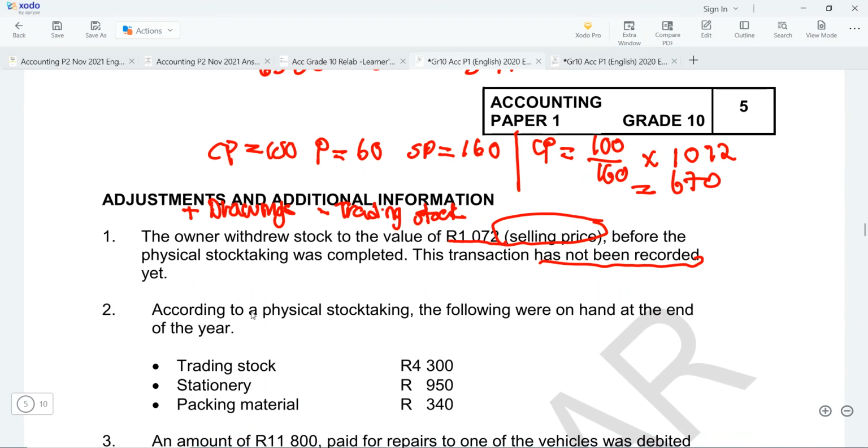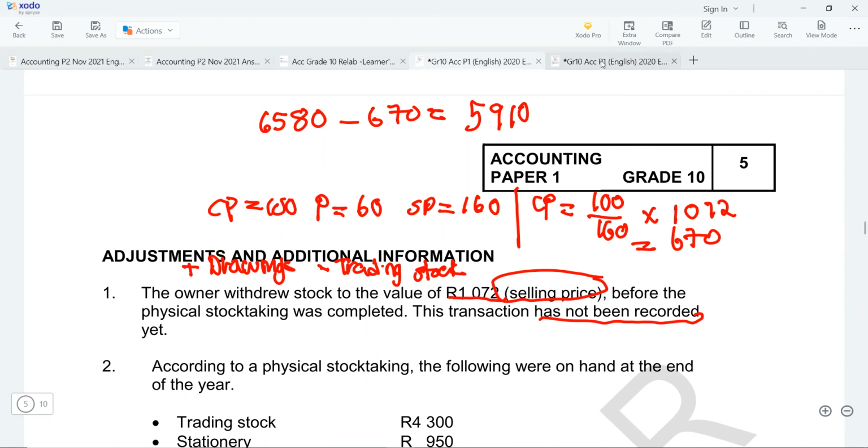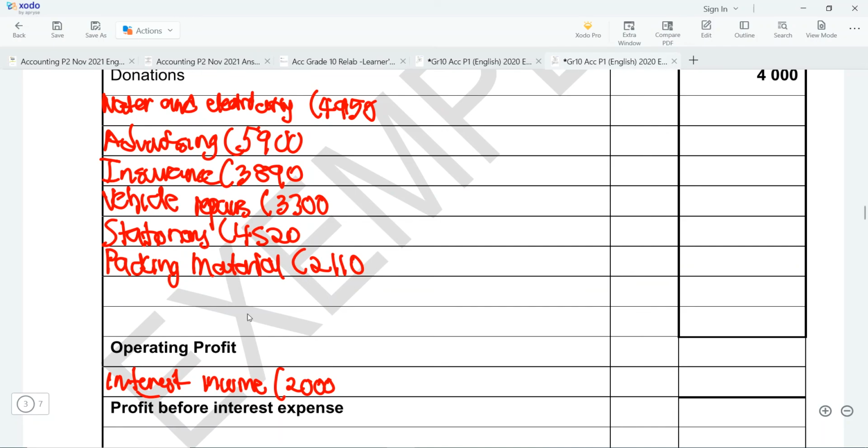So now here they're saying according to a fiscal stock taking, the following were on hand at the end of the year. Trading stock that was on hand was 4,300. So you can see the actual stock that is really available is less than what we were expecting. So this tells you that we are going to have a trading stock deficit, which is supposed to be an expense. Okay, so we're going to go to that trading stock deficit calculation. So here we're going to have trading stock deficit,